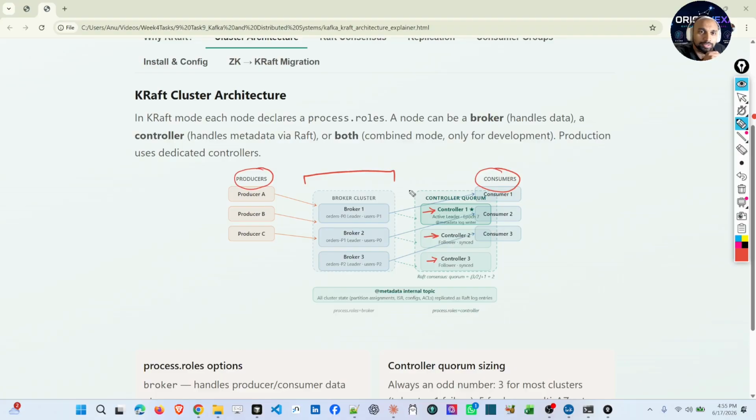It happens in less than 20 milliseconds, whereas in the previous setup it took around 100 to 300 milliseconds. That latency can be avoided. That is the major advantage of using a KRaft cluster instead of a Zookeeper cluster for handling Kafka.